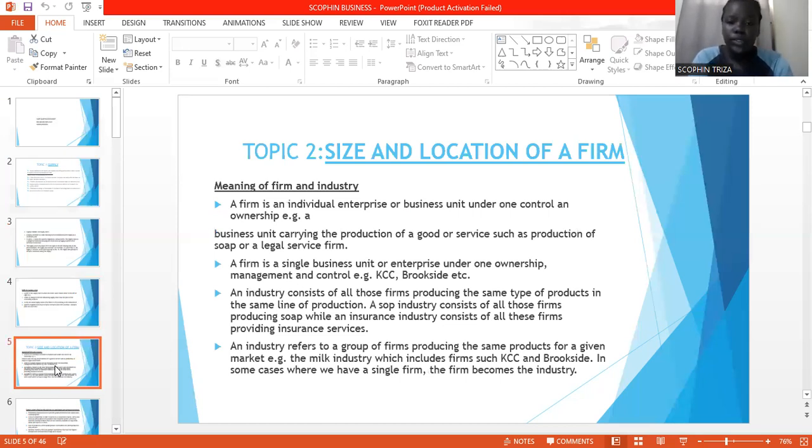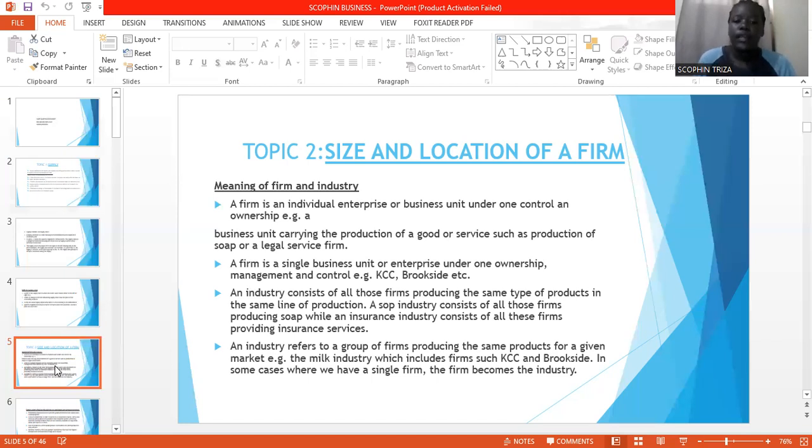We'll go to topic 2, that is size and location of a farm. Now, the meaning of a farm and industry. A farm is an individual enterprise or business unit under one control or ownership. That is, for example, a business unit carrying out the production of a good or service, such as production of soap or a legal service firm. A farm is a single business unit or an enterprise under one ownership, management and control, for example, KCC, Brookside,